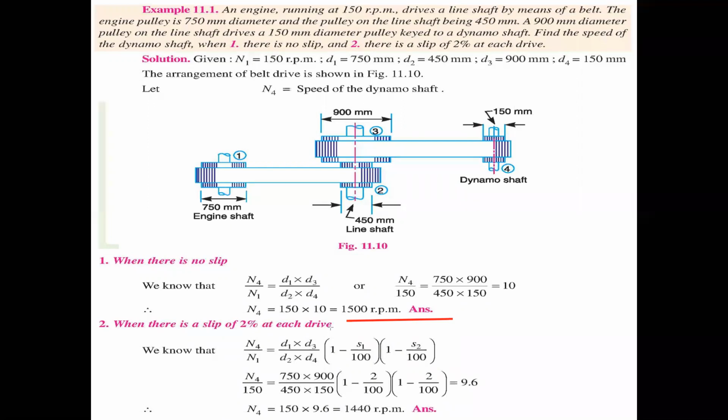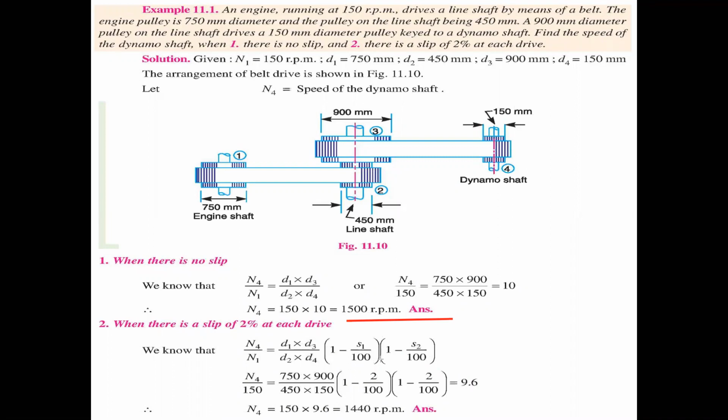So N4 equals D1 D3 by D2 D4, times (1 minus S1 by 100) into (1 minus S2 by 100). Why? Because the slip occurs two times, so we may also write it here: D1 by D2 into (1 minus S1 by 100), and D3 by D4 into (1 minus S2 by 100). I actually wrote it that way, but when we multiply both the equations,